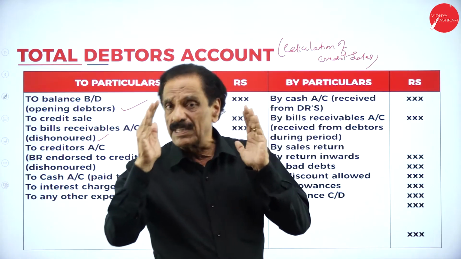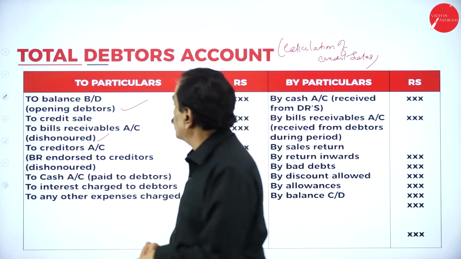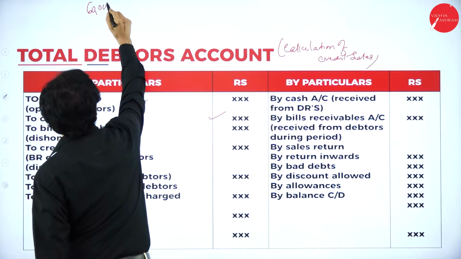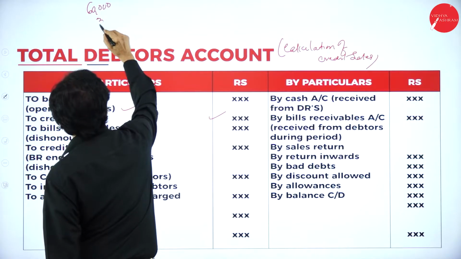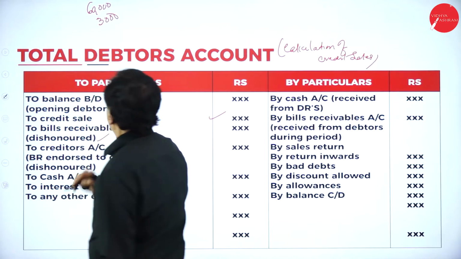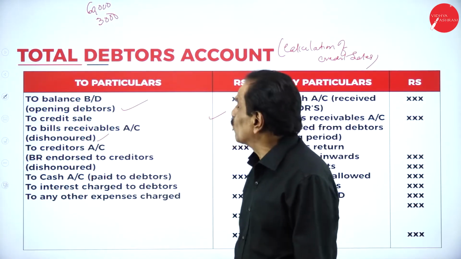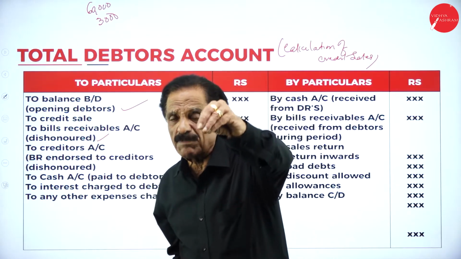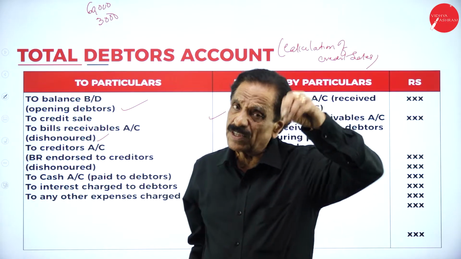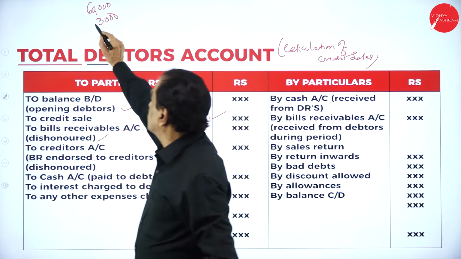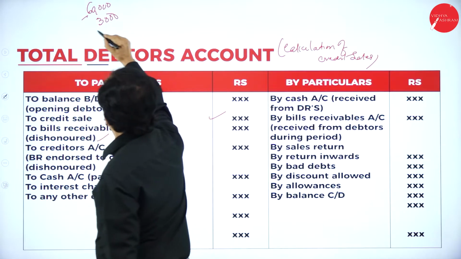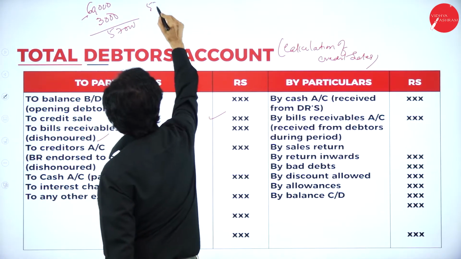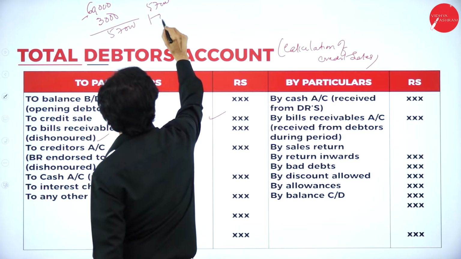Suppose you have to receive 60,000 from your customer. A bill is given for rupees 3,000, almost a post-dated cheque of 3,000. The balance you are going to receive is 57,000. Now, you present the bill to the banker. By chance, if the bill is dishonored, with no money at all, once again he becomes a debtor to the extent of how much money? Now it is 57,000. Dishonor 57,000, add back 3,000.